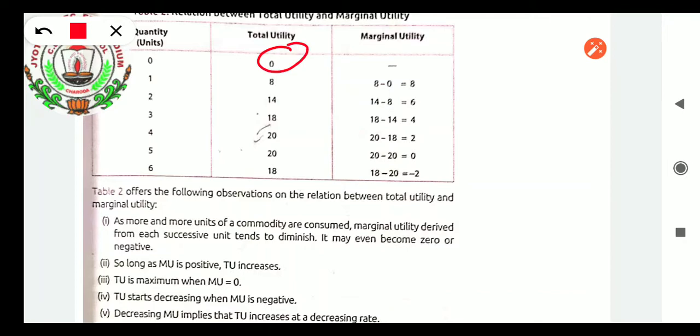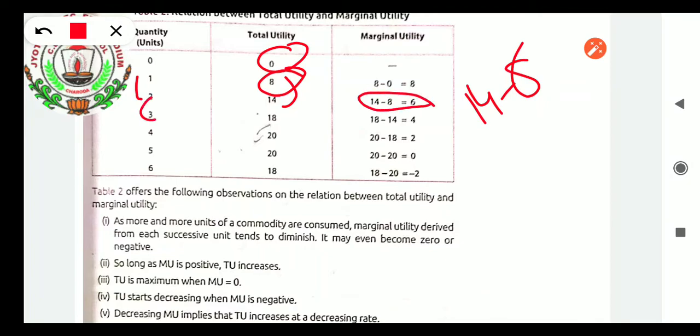Now when the unit increases from 0 to 1, total utility also increases to 8 units. When it increased from 1 to 2, it has increased to 14. So marginal utility derived here will be 14 minus 8, so here it came 6. Now another thing, when it increased from 2 to 3, it became 14 to 18. So 18 minus 14 is how we get the marginal utility, as I explained to you. I hope now the MU calculation will not be difficult for you. Total utility you derive in every step so as to get the current marginal utility.